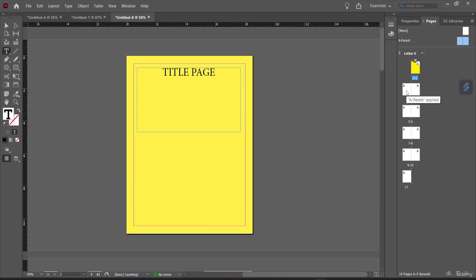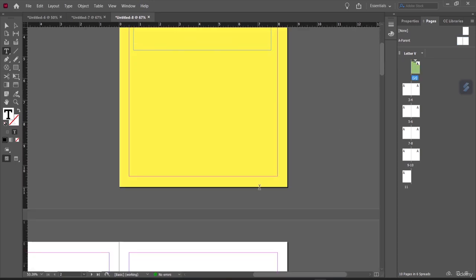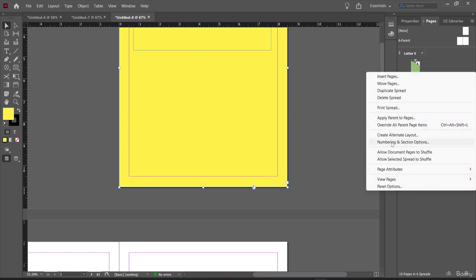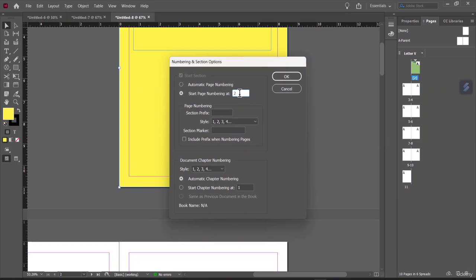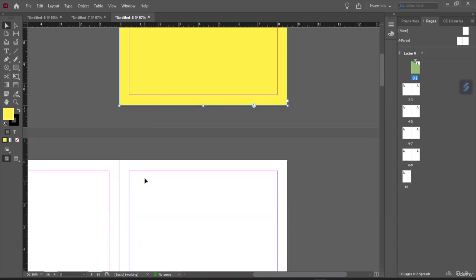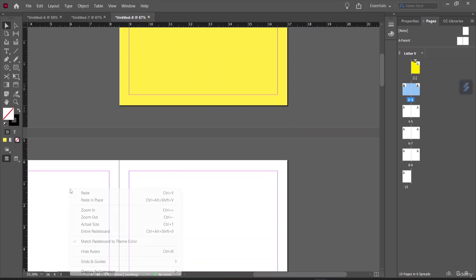and if I click here, and if I try to decrease the size, okay, here you can see it's changed to number 2, but that's not what we want. What we want basically here is, I'll come here again, numbering and sections. I'll just choose 1 here, and I'll just click here automatic. And here if I come to this particular page,